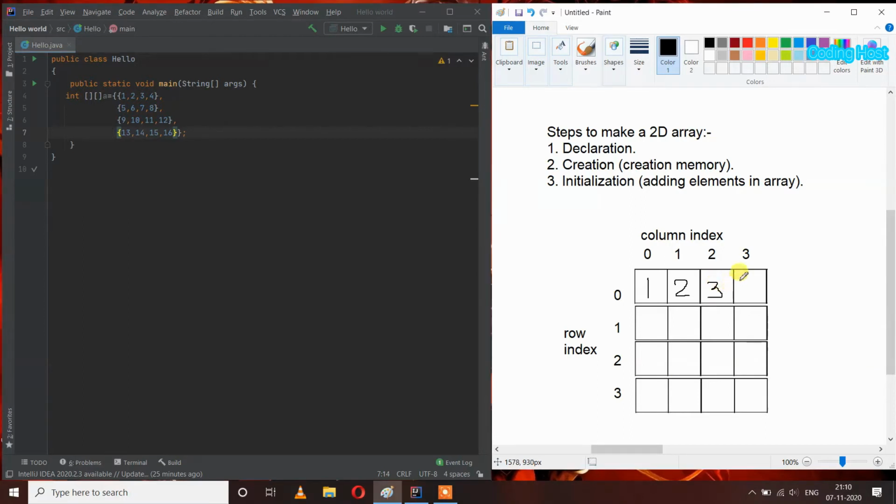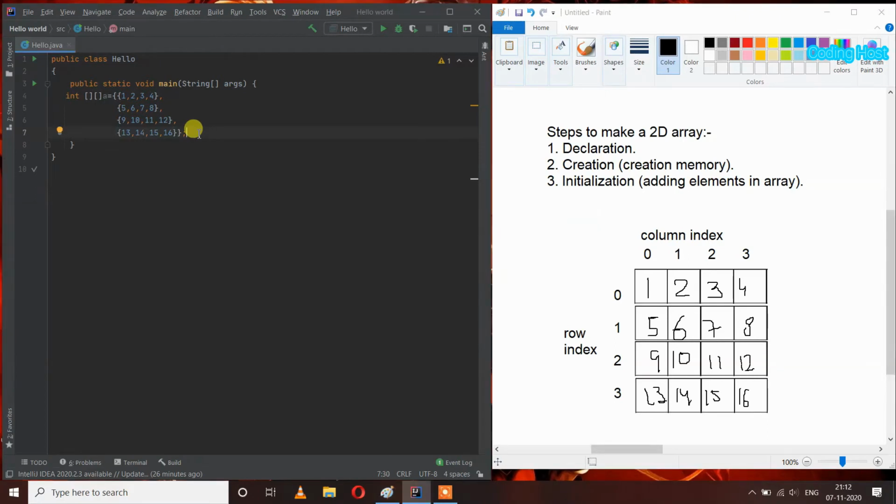So here 3, 4, 5, 6, 7, 8, 9, 10, 11, 12, 13, 14, 15, and 16. Now you can easily check the index of each element, at which row and column index we have which element. You can also do declaration, creation, and initialization in a single line like this.